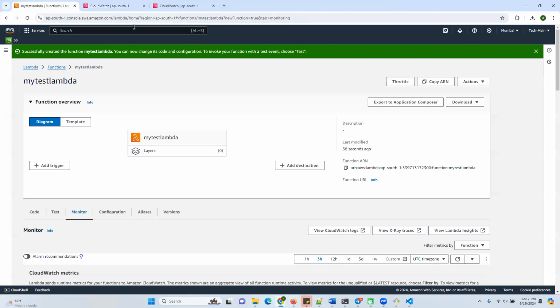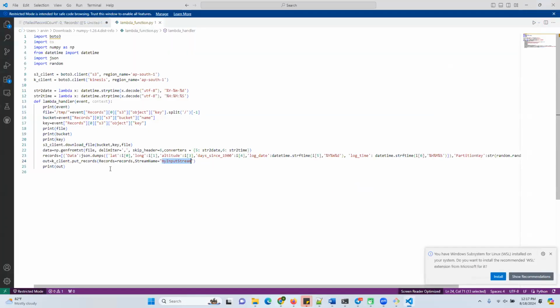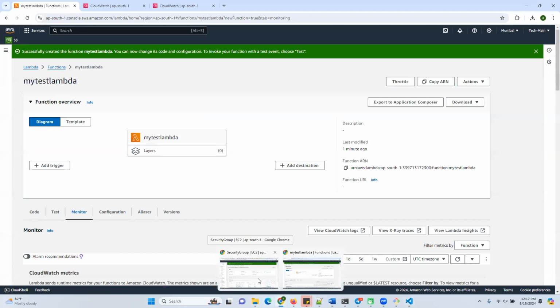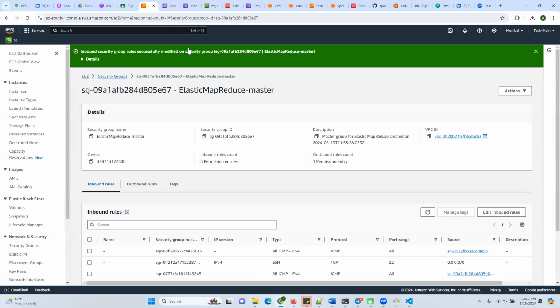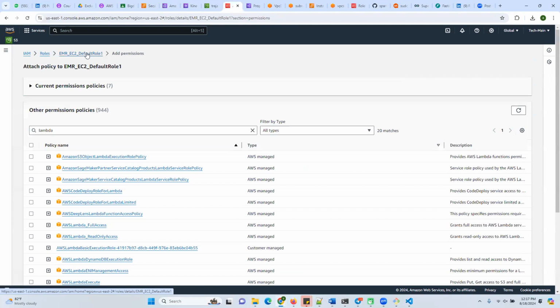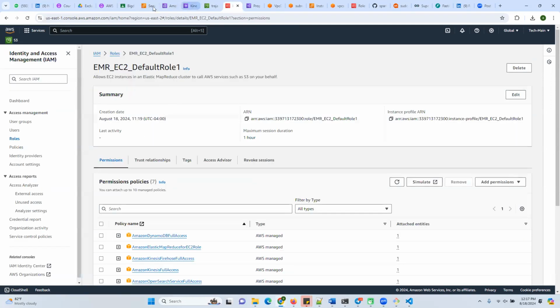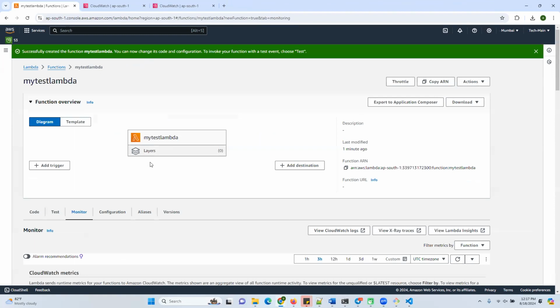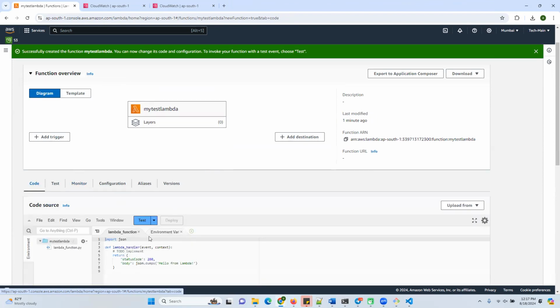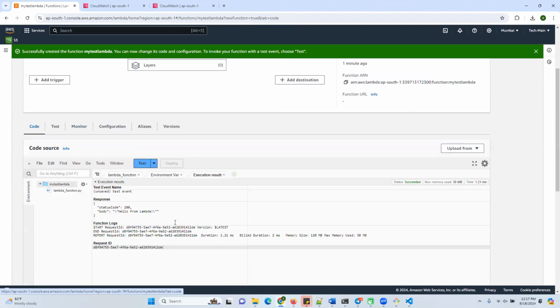Maybe CloudWatch permission also we have to give. Lambda is calling, but log event,